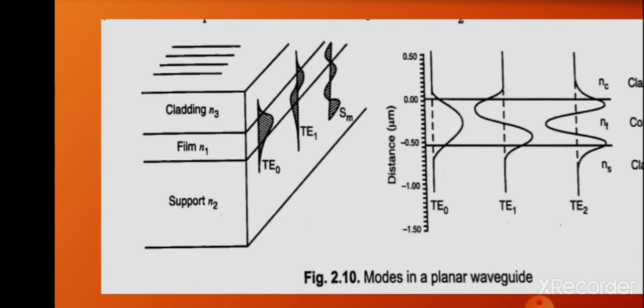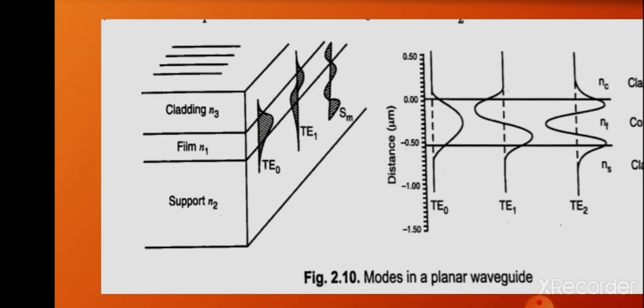Okay. See, when we are taking the refractive index, we can see that the refractive index of the middle portion is N1 and the cladding portion is N3, and for the support it is N2 for the plane waveguide. Okay, these are all assumptions, and we can see that once light hits the core, there will be propagation of that light wave in the form of waveguides.